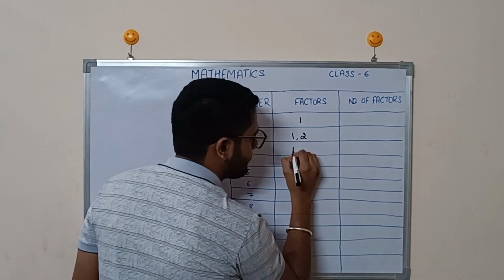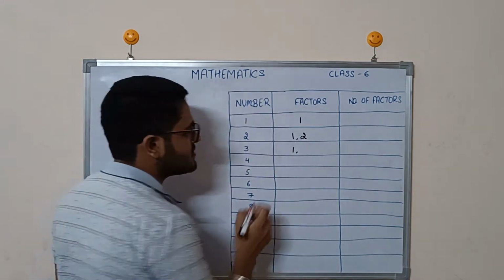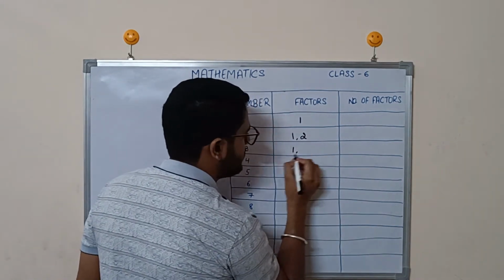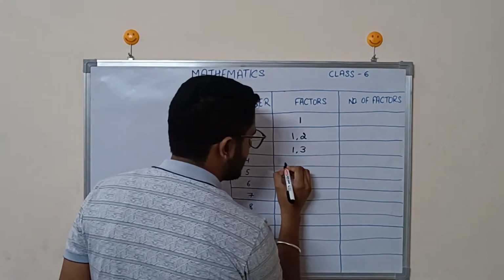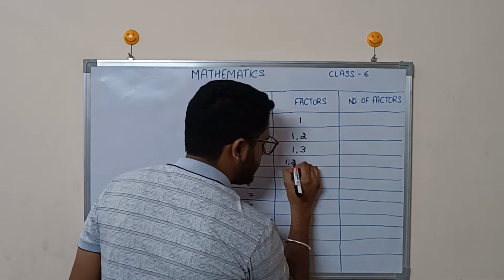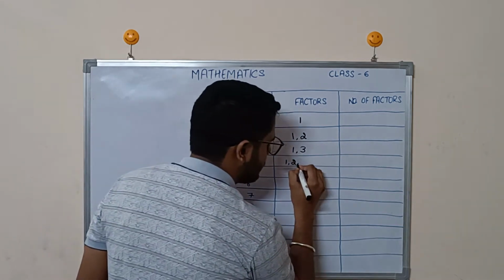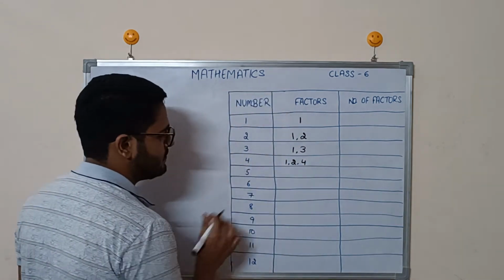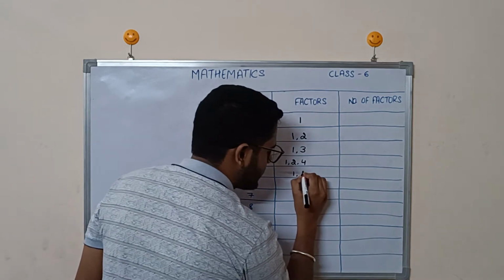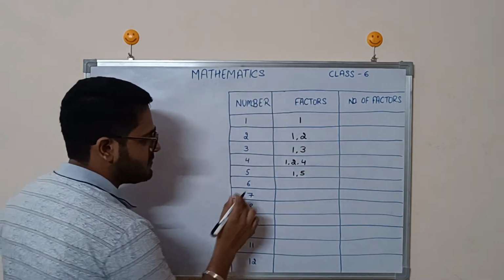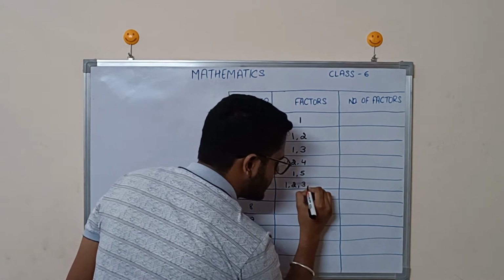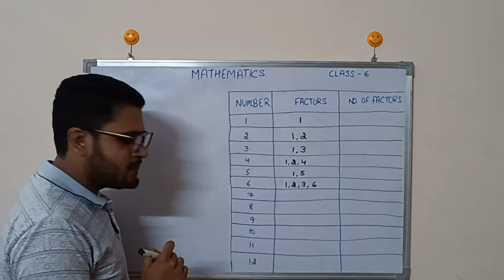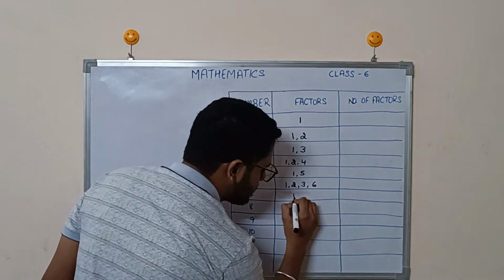For 3, if you find the factors, you will find the factors of 3 are 1 and 3. Similarly, let's move to 4. The factors of 4 will be 1, 2 and 4. Factors of 5 will be 1 and 5. Factors of 6: 1, 2, 3 and 6. Now factors of 7: 1